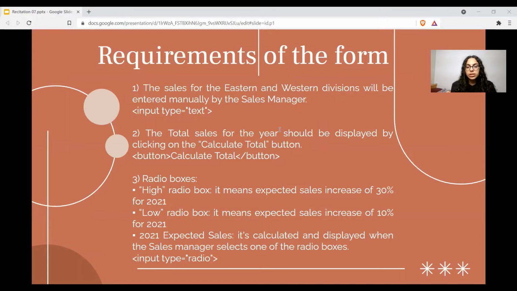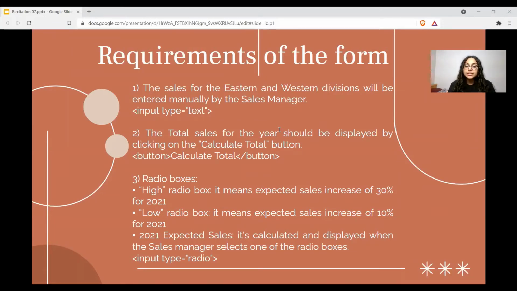The third requirement is for the radio boxes. First is the high radio box. It means an expected sales increase of 30% for 2021. The next is the low radio box. It means an expected sales increase of 10% for 2021. And for 2021 expected sales, you can see a text box. It's calculated and displayed when the sales manager selects one of the radio buttons.